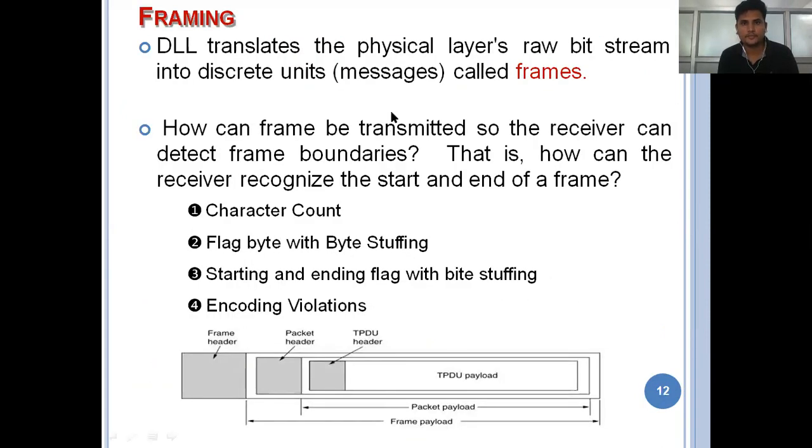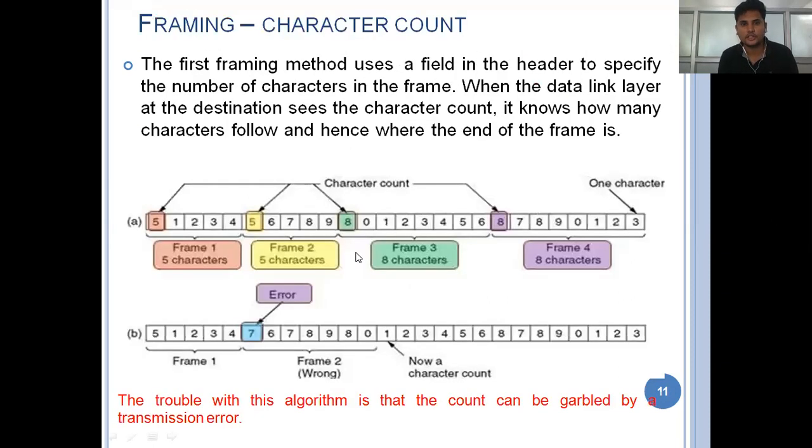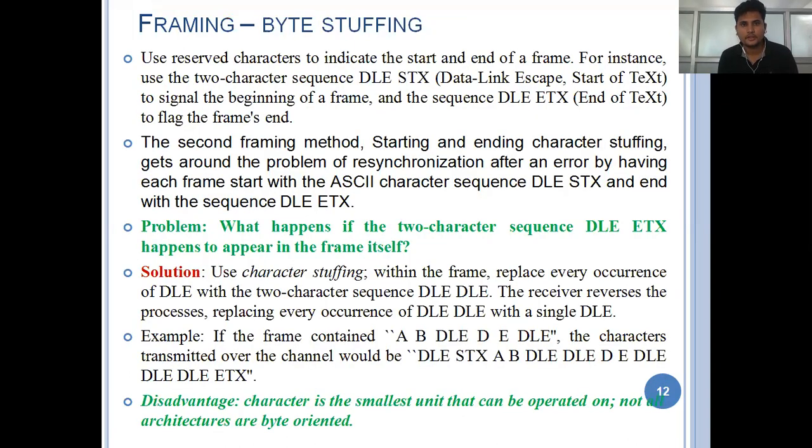The second one is framing, that is, how a frame is constructed. A frame is constructed with a header and footer along with the original data. The initial number represents the frame size of that particular frame. The frame is formed by using byte stuffing, bit stuffing, and character stuffing. In character stuffing, we insert multiple characters: DLE STX and DLE ETX. STX stands for start of text, and ETX stands for end of text. These are the characters we use.